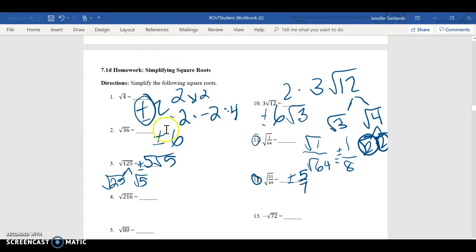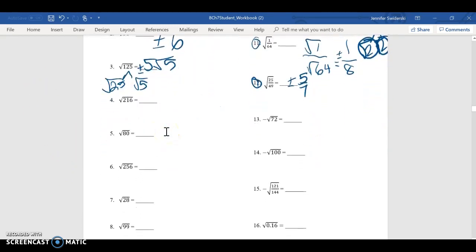Now let's look at 13. What looks different about 13 and 14 and 15? They all have negative signs, right? So when you do this, all they want you to do is simplify what's in the square root symbol. So we know the square root of 100 is 10, right? Positive or negative 10. Well, this negative sign in front says, hey, we actually want you to make this negative